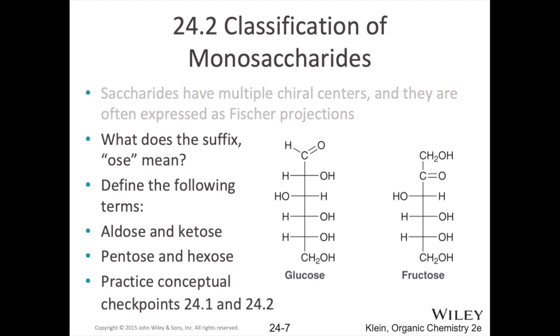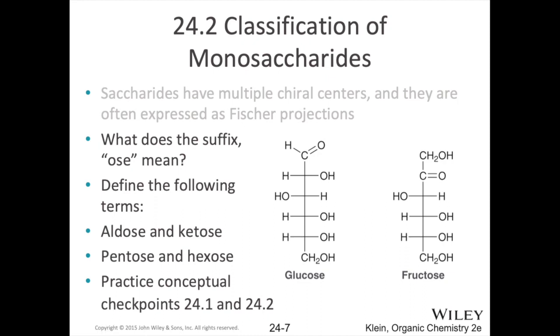The difference between an aldose and a ketose is the presence of an aldehyde group or a ketone group. So you can see over here glucose is an aldose. Our carbonyl is on that number 1 carbon, and therefore that's an aldehyde. That's what makes that an aldose. Fructose, on the other hand, has its carbonyl at the number 2 position. So that carbonyl has 2 carbons attached to it and therefore is a ketone, and that makes fructose a